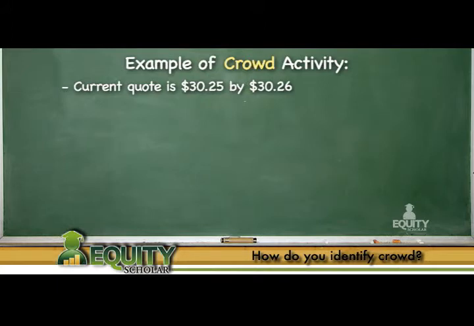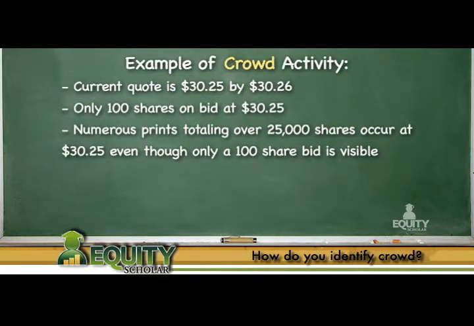$30.25 by $30.26, with only 100 shares visible on the bid at $30.25. Moreover, there are numerous prints occurring on the tape at $30.25, totaling well over 25,000 shares. But the 100 shares to buy at $30.25 remains there the entire time. Thus, this clearly means there is a crowd buyer present with a large hidden order preventing the stock from going